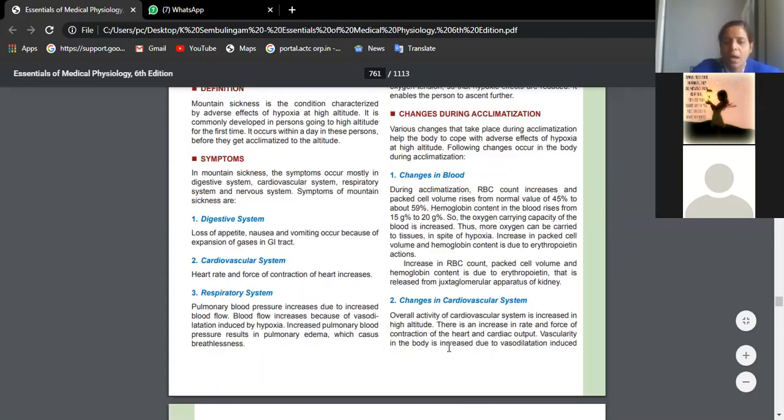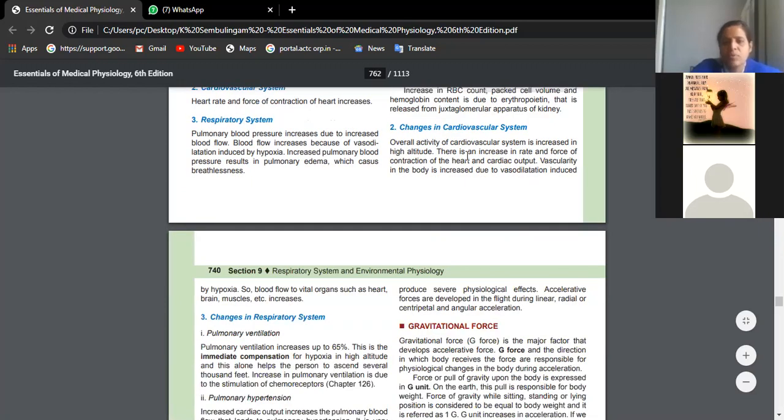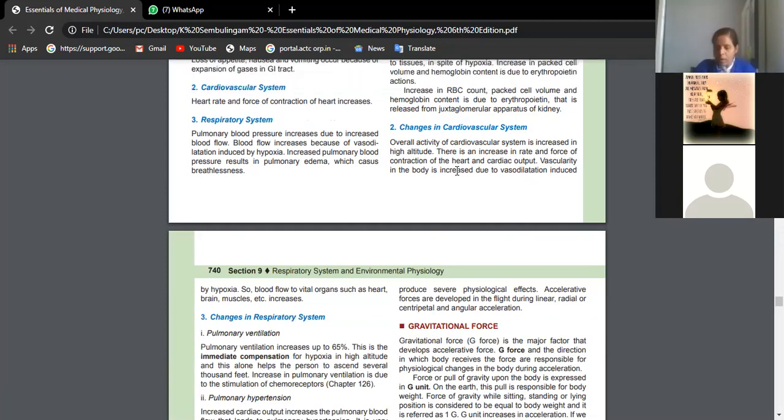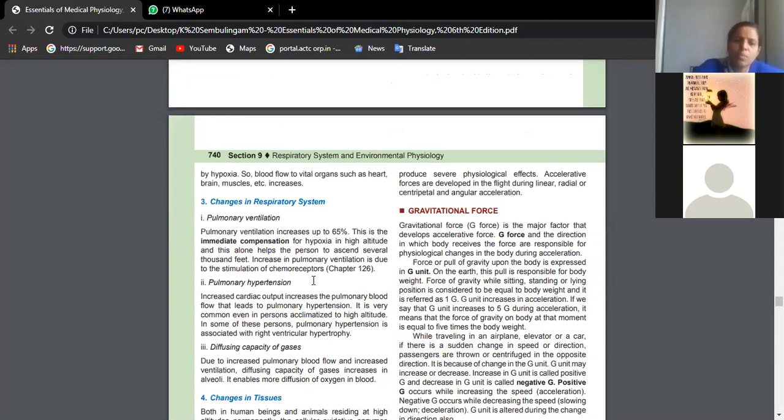Okay, changes in blood. Cardiovascular system, what is happening? In case of high altitude, the rate and force of contraction of the heart will increase. That means cardiac output is increasing so that more and more blood is pumped into the circulation. Then every tissue, as much as possible, is receiving oxygen. That is the hard work our body is doing to compensate whenever the person goes to high altitude. Apart from that, you will see changes in the respiratory system also, like pulmonary ventilation. That means the rate and depth of respiration will increase